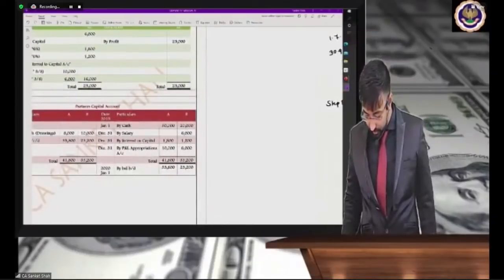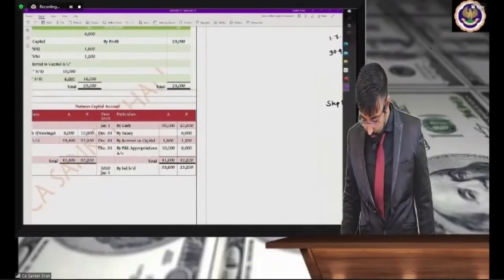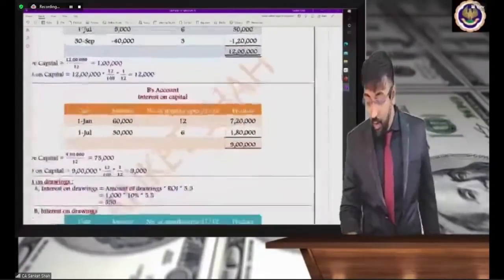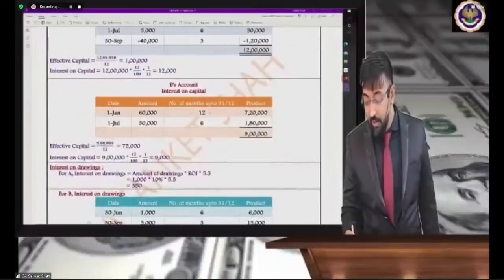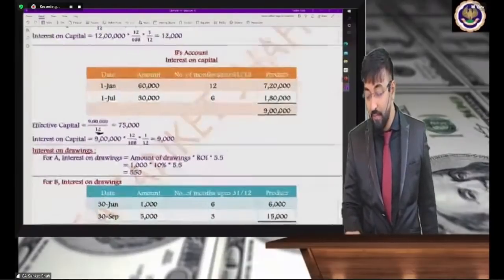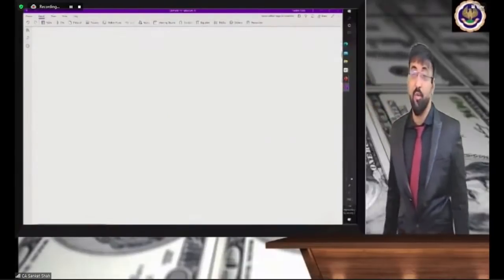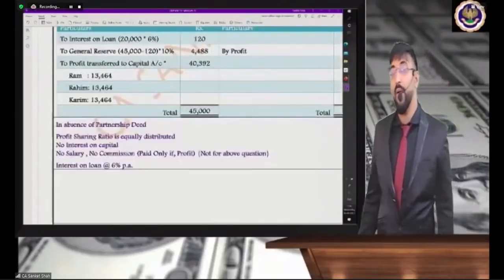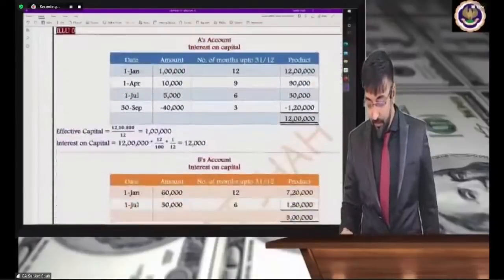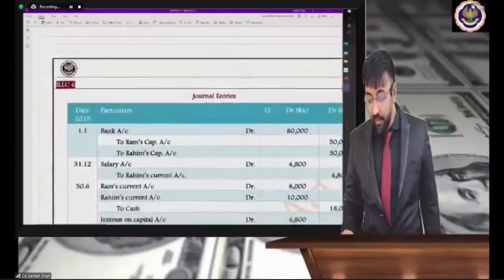Now many students answered it. Beta, I have divided by 12, Sarfaraj ji, but I divided by 12 after this calculation. Okay. So you have two options. You can individually divide by 12 and get effective capital directly. Otherwise, just take a product and then divide by 12. Ultimately, Sarfaraj ji, you will get the same answer. So Sarfaraj's question is correct, sir. Sir, you have not divided by 12 every time. Logic is very simple. Instead of dividing by 12,